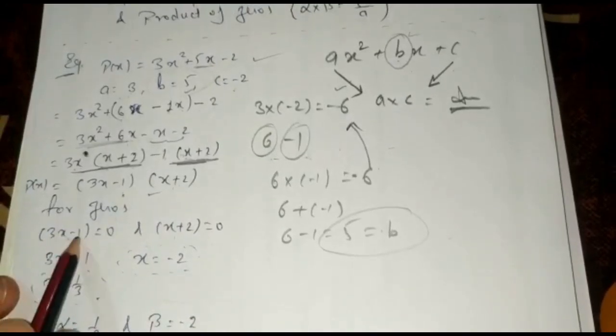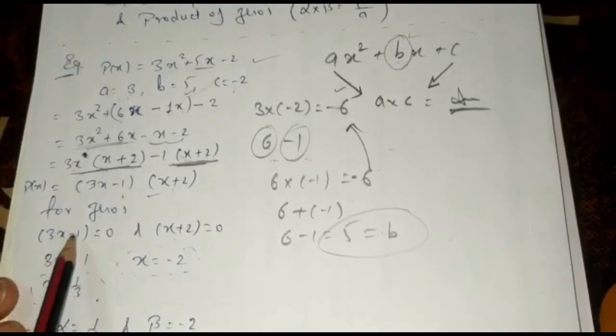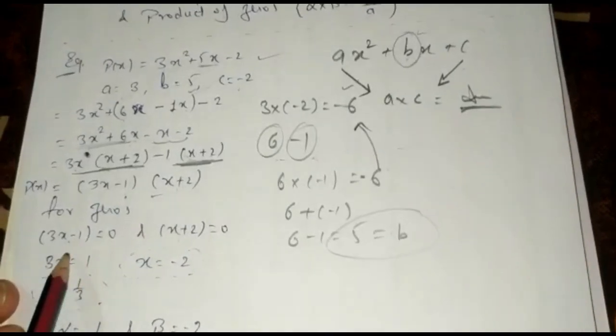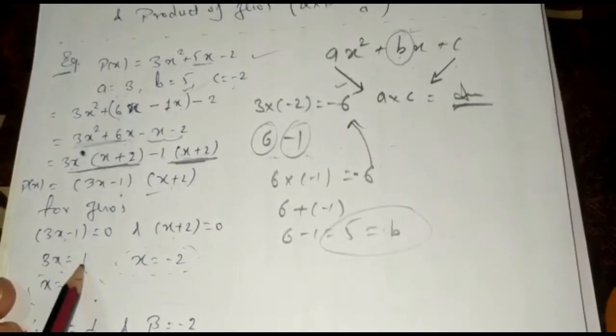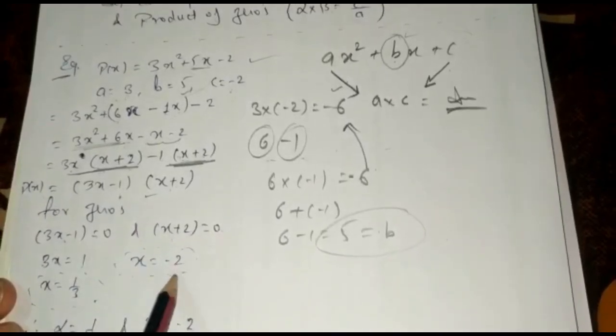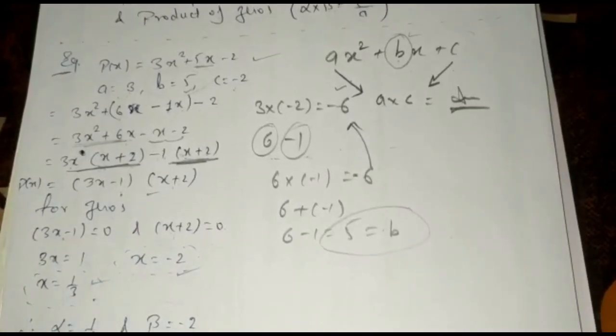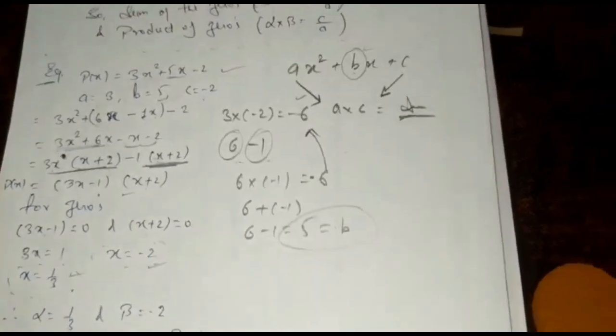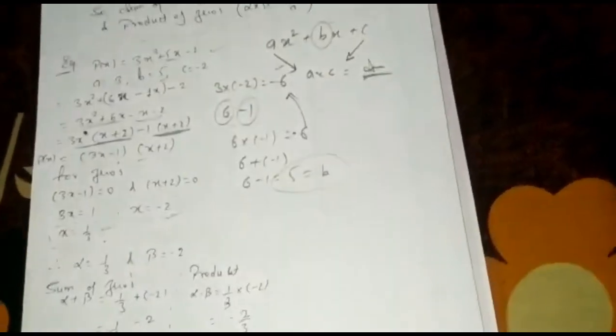So 3x minus 1 will be equal to 0. So 3x, when this one goes that side, it will become plus 1. So 3x will be equal to 1, x will be equal to 1 by 3, and 3x plus 2 equal to 0, x will be equal to minus 2. So here we are having two values of x. This is actually called zeros of our